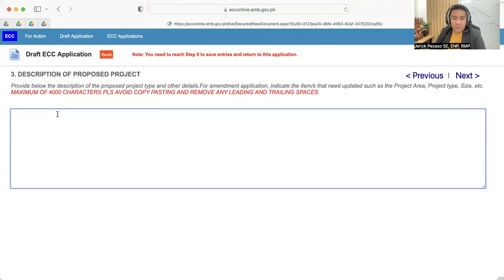For example, the components: what are the buildings, the names of the components.